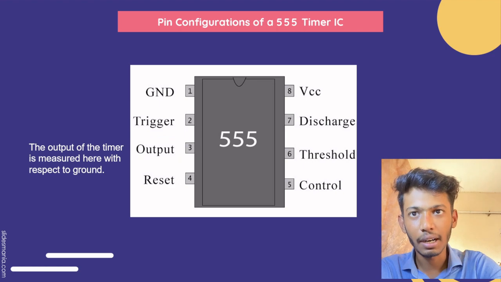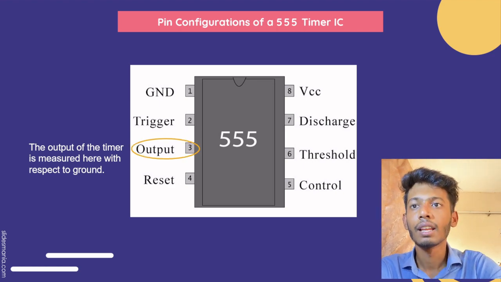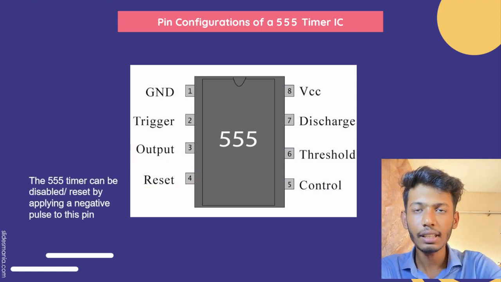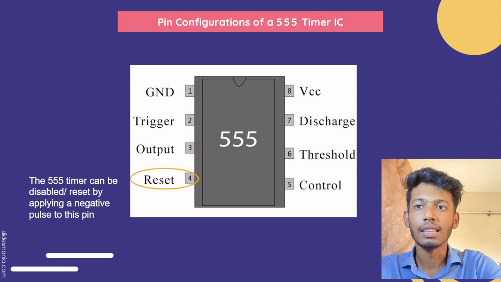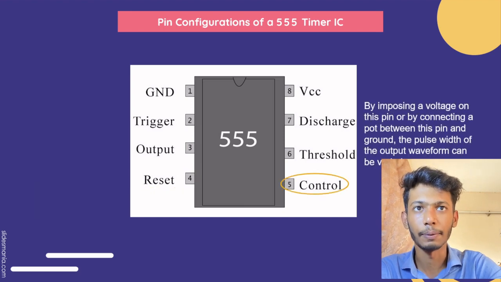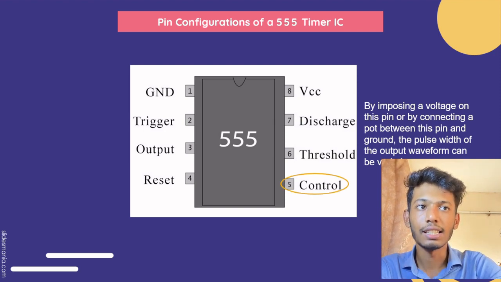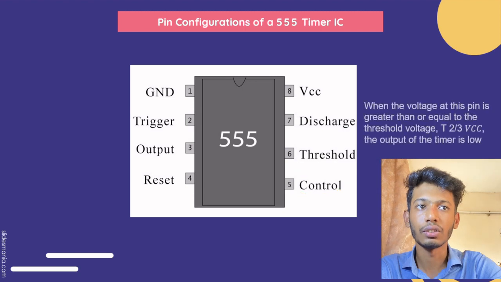The third pin is the output terminal. The output of the timer is measured here with respect to ground. The fourth pin is reset. The 555 timer can be disabled by applying a negative pulse to this pin. The fifth pin is control. When the voltage at this pin is greater than or equal to the threshold voltage of 2/3 VCC, the output of the timer is